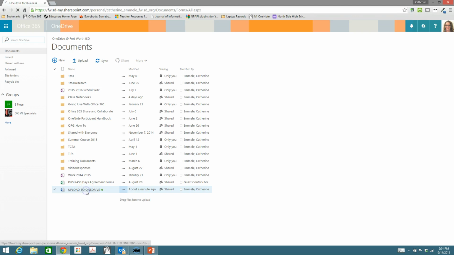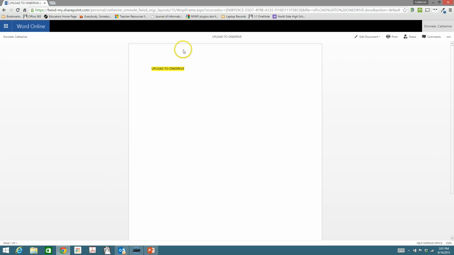And if I open this file, I can now see that my changes that I made online are saved to this document. So again, you can do that to any files that you upload that are Microsoft files that are compatible with 365: Word, PowerPoint, Excel, and OneNote. Let's go back to our OneDrive,